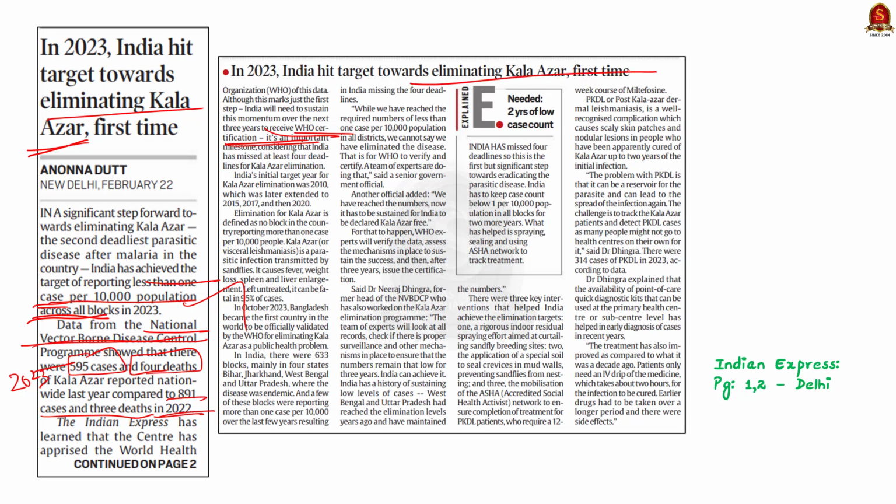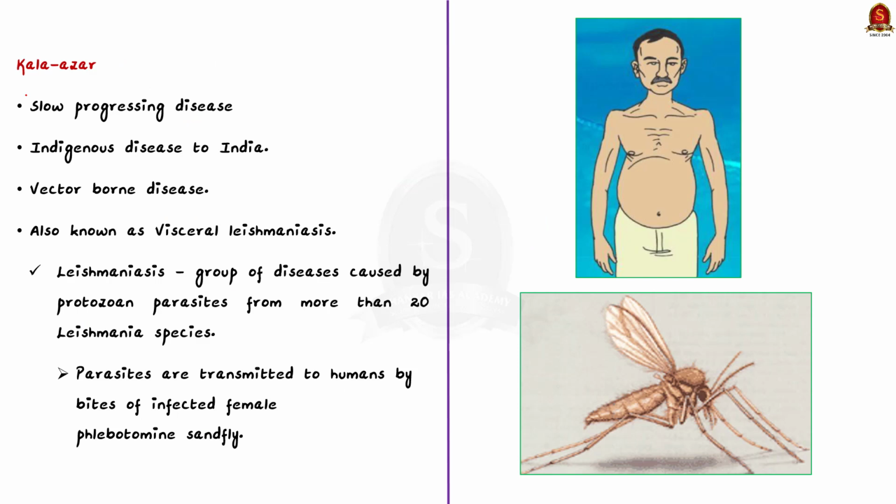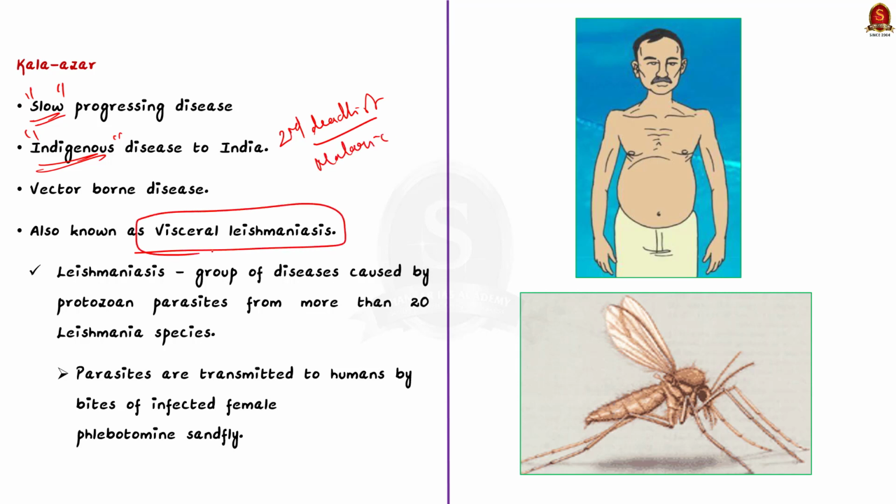So in this context, let us see about the disease. Kala Azar is a slow progressing disease and is indigenous to India. This is the second deadliest parasitic disease in the country after malaria. It is also a vector-borne disease and is known as visceral leishmaniasis because it is one of the forms of leishmaniasis. Here know that leishmaniases are a group of diseases that are caused by protozoan parasites from more than 20 leishmania